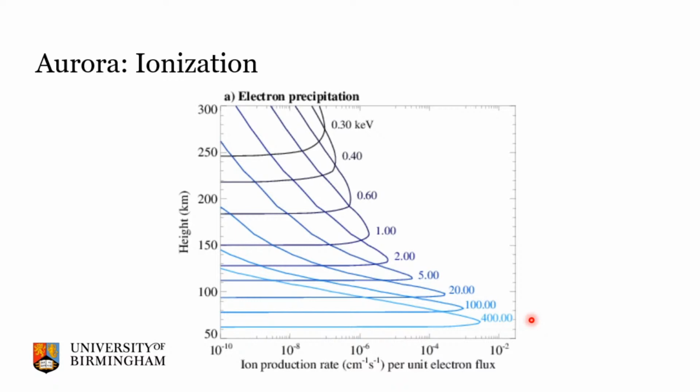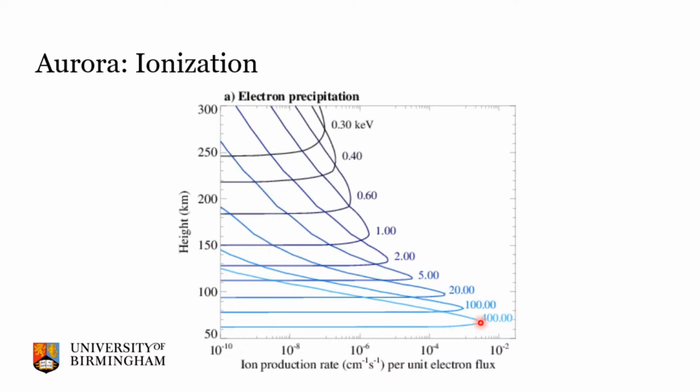Very fast, very energetic particles will penetrate deep into the atmosphere and deposit their energy or cause ionization down into the D region ionosphere, which can cause a significant absorption of HF radio communications, which we'll talk about